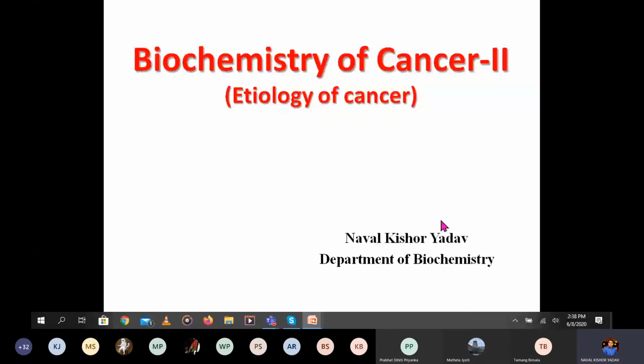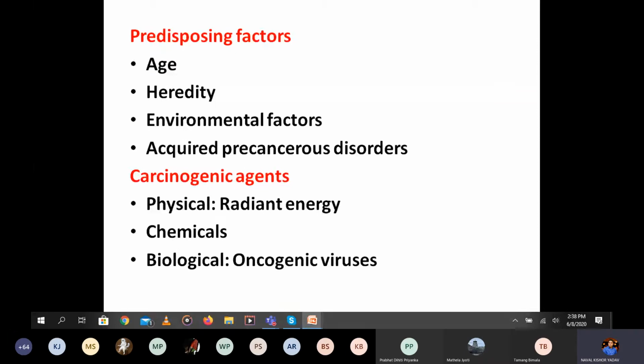So today we'll be discussing the etiology of cancer. So what are the causes of cancer? We will discuss in detail. There are different factors known as the predisposing factors like age, hereditary, environmental factors, and acquired